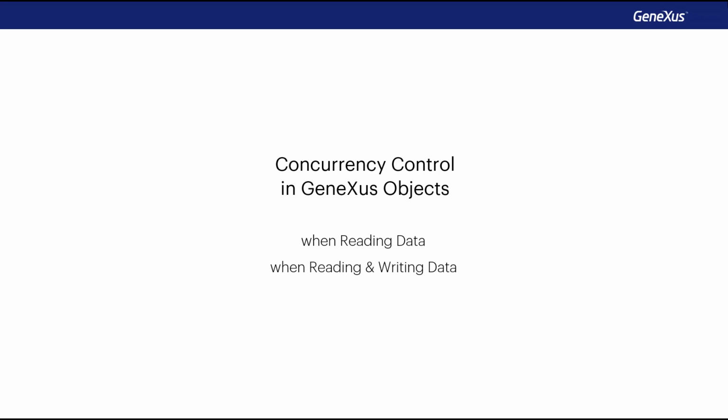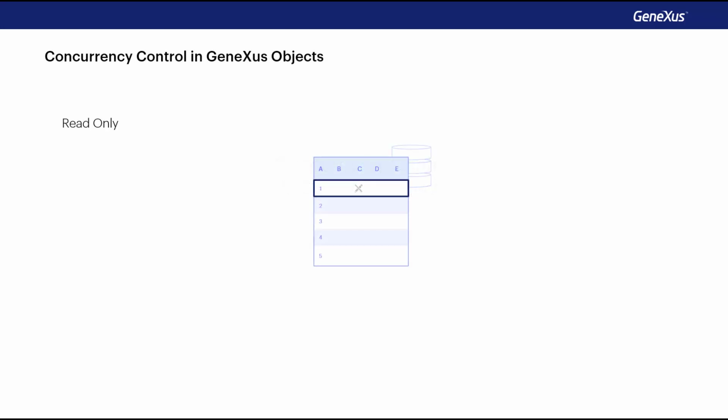Now let's see what concurrency control looks like in other Genexus objects. For example, how Genexus handles locks when only reading data, and when reading and writing data to control concurrency. What happens when data is only read?